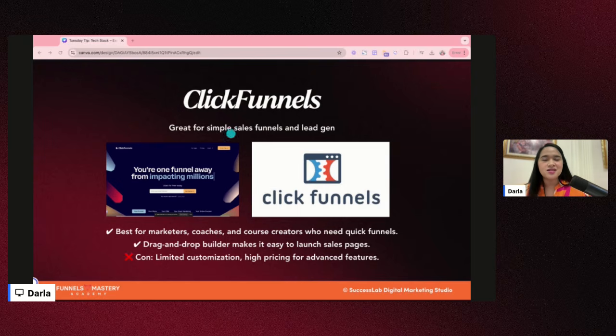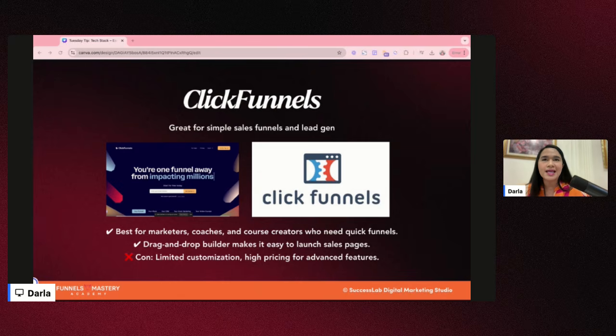Okay? So, ayun, that is for ClickFunnels, no? So, I really love how simple and how easy it is for clients to maintain it pag ito yung gamit nilang platform. Now, the con is that, yeah, nabanggit ko na nga, it has limited customization and it has high pricing for advanced features as well. So I think if you wanted something advanced, you need to pay more. I'm not really sure. I haven't used this in a while, but yeah, it is very simple. And if you wanted to use email marketing, I'm not sure if they already have email marketing right now, but before we have to use other email marketing platforms pa.